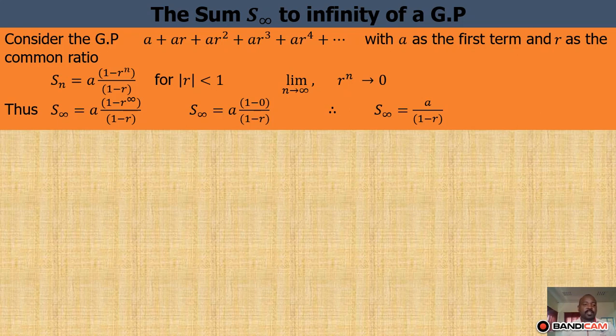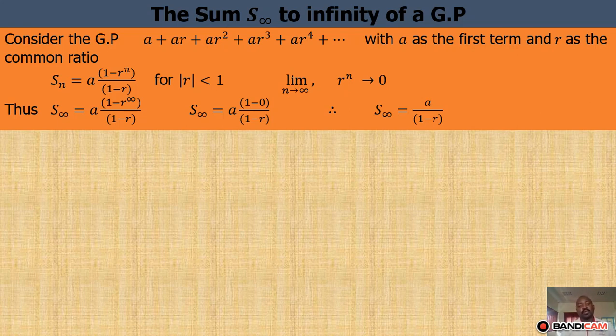Using the expression Sn equals A into 1 minus R power n over 1 minus R, for modulus of R less than 1, we have that in the limit as n tends to infinity, when n becomes very big, then R to power n